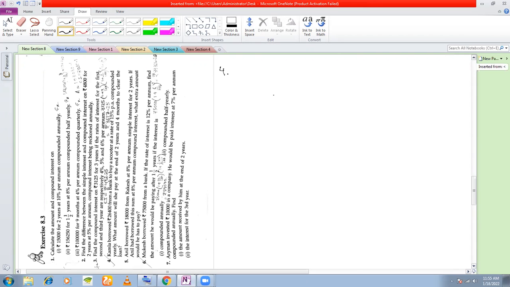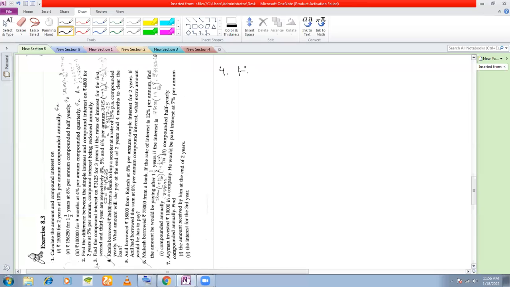Now see, when I'm borrowing something from the bank and repaying them after 2 years, 4 months, that means obviously the bank will charge me some interest, right? If she's borrowing 26,400 from the bank, that means after 2 years, 4 months, she cannot give back 26,400 only. She has to give it with the interest for those 2 years and 4 months, isn't it? That means she will have to give more than 26,400.